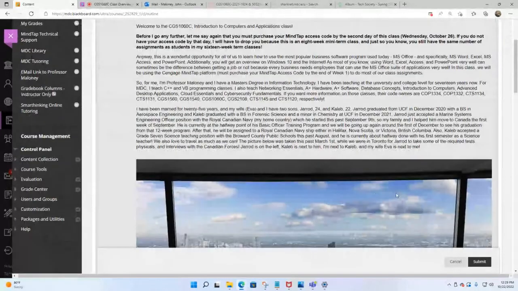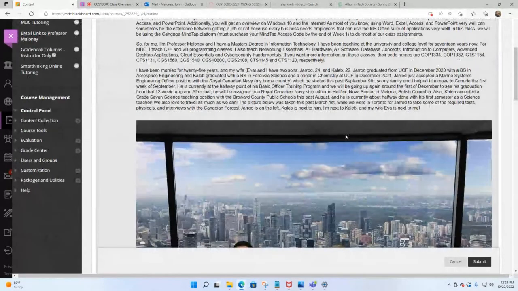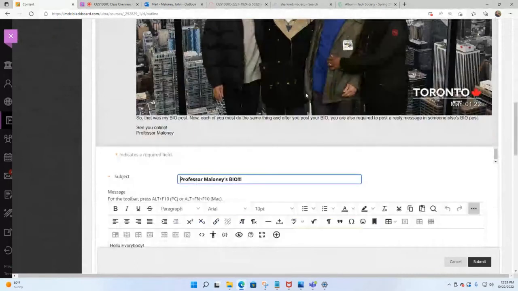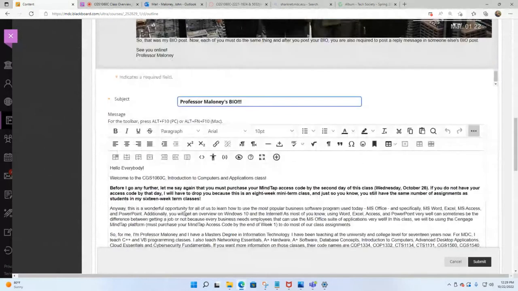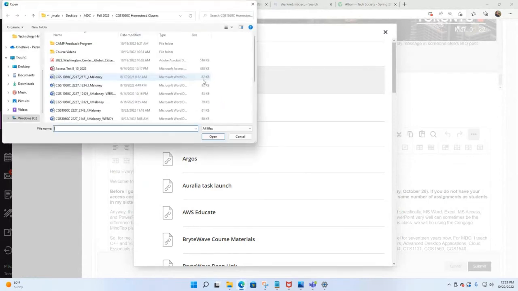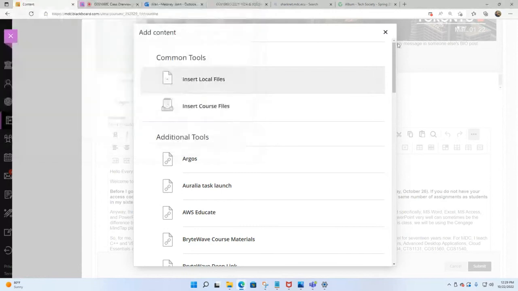But to get a picture into the post, you can attach it, but I'd rather you just do it this way. What you do down here is where you're typing. See, here's where the body, the text part is, and all this up here is just formatting. This last plus right there will say add content. If you click it, it'll be local files. So you click it, and then you'd say insert a local file, and the local file means from your computer. Then you'll browse to wherever your pictures are, okay, and then add a picture.